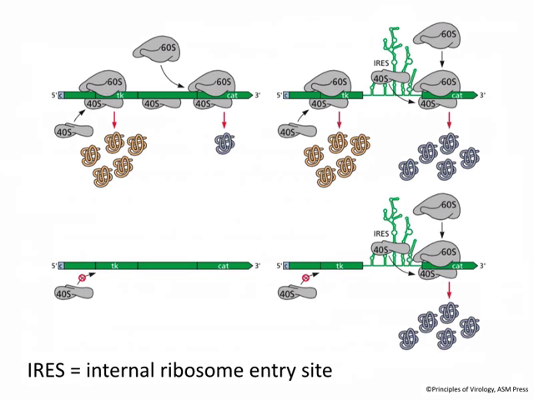And the experiment on the bottom provides even more evidence that this is a real phenomenon, because in this experiment, the translation of these two mRNAs is done in cells infected by poliovirus. As we'll see at the end of today's talk, poliovirus infection leads to cleavage of eIF4G. And because of that, capped messages cannot be translated. So on the lower left, this mRNA, which just has some random sequence in between the two open reading frames, you can't make any protein because the ribosomes cannot enter at the 5' end. They can't make the first protein, nor can they make the second.